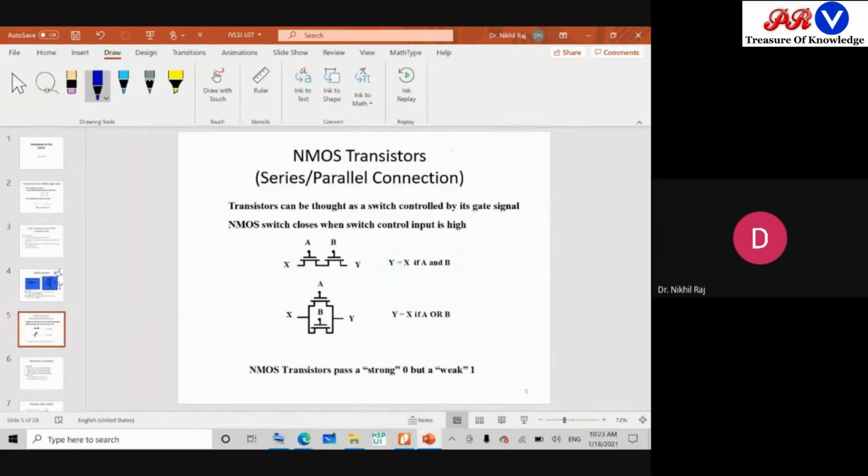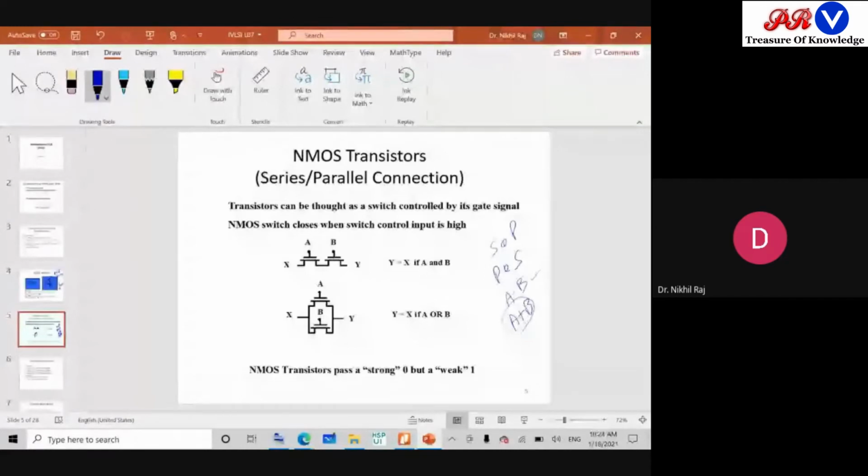Fine. Now comes the question of what happens when the number of variables is more. Like we have a known number of literals like A, B, C, and those can be in the form of dot also, or those can be in the form of OR operation. Means if you recall your SOP or POS expressions, they can be either in the form of A dot B or in the form of A plus B, or it can be more number of literals. So in those cases, the number of transistors will increase because the number of variables is increasing.